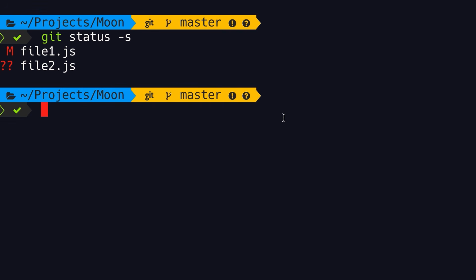There are times that we have some code in our working directory that we want to throw away. Let's say we made some changes, but we didn't like those changes, so we want to scratch everything and start over. We can discard the local changes using the restore command. So here we have some local changes in file1.js. To undo these changes, we type git restore